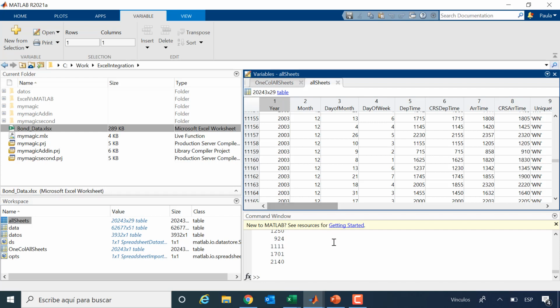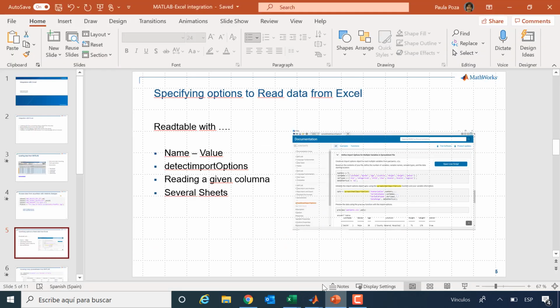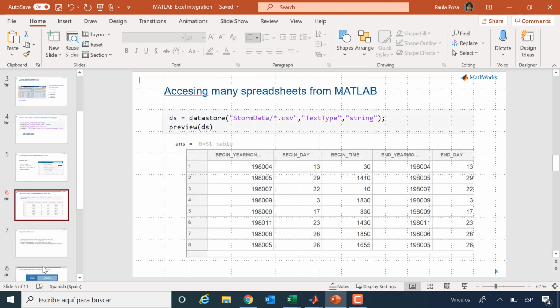Okay, the last thing I would mention to you regarding reading and writing to MATLAB. We've been writing with writetable or writematrix, etc. What happens if you wanted not only to just put the content and that's it, but to customize the format and say write in this cell and put in dark green or light blue or whatever, so you can customize it as much as you like.